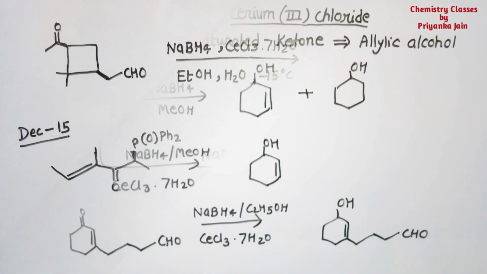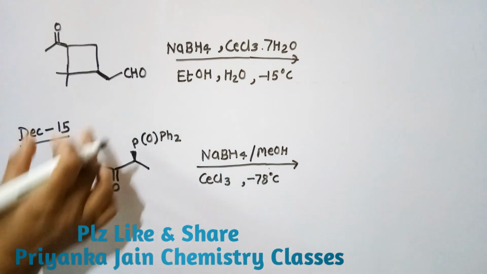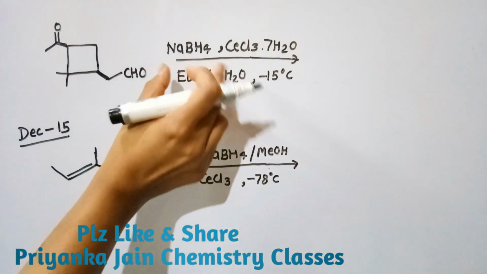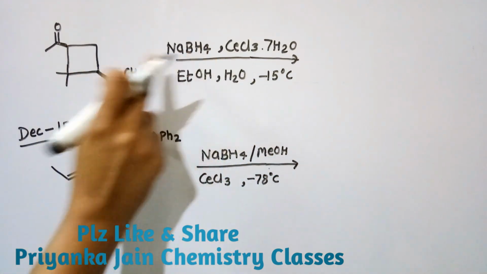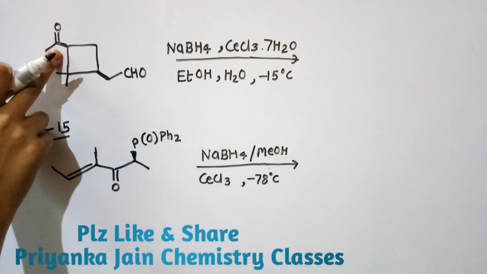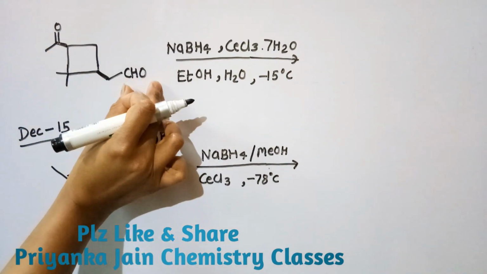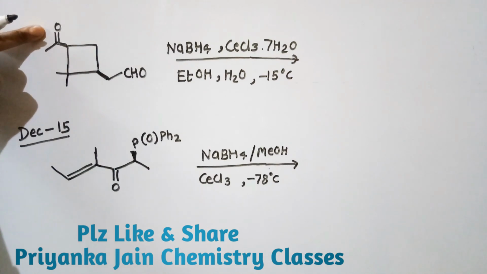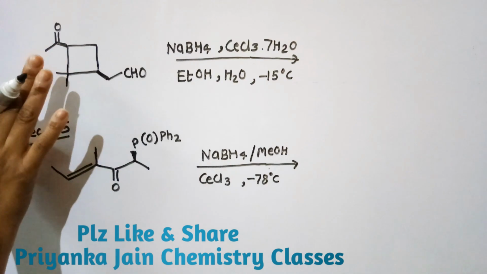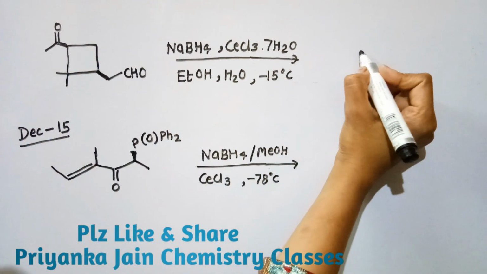Now see this example. Now we are seeing here the stereoselective examples. In this case, this is above the plane, and the specialty of these reagents is that they attack from the less hindered side. It means the side that is free. So here you can see this is above the plane, this is above the plane. It will not touch this aldehyde group. It will attack on this keto group, and it will attack from the back side. The hydride ion will attack from below the plane. So our OH group will be above the plane.